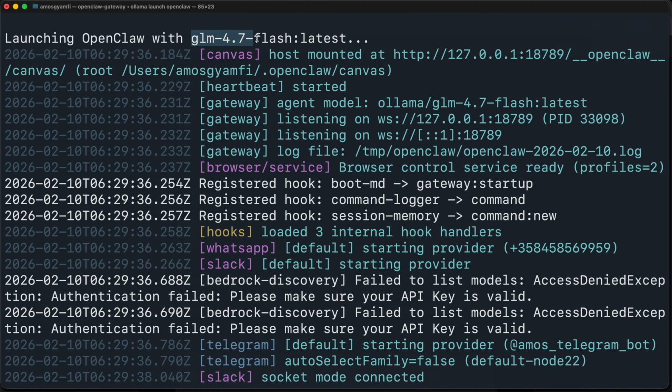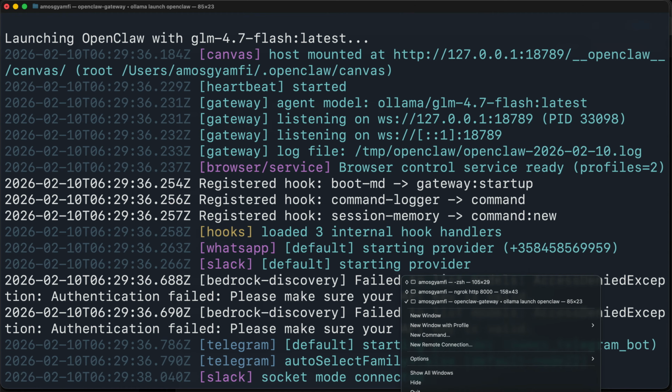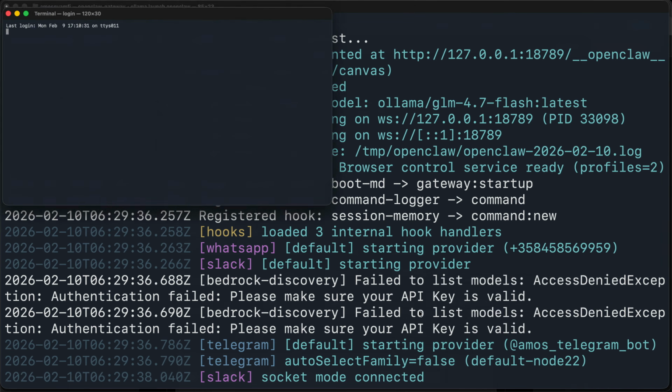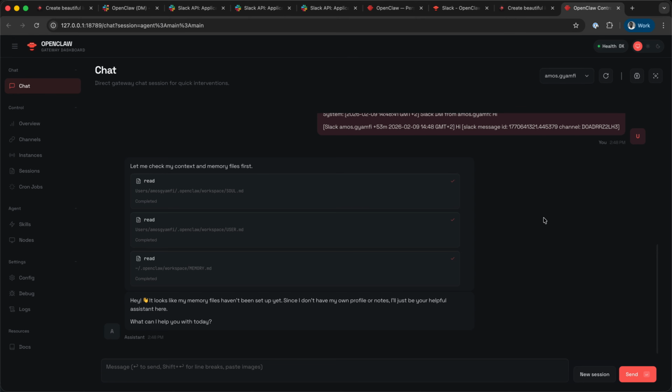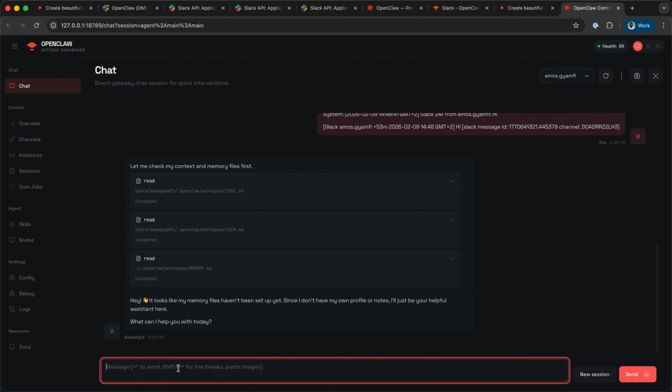You have noticed over here, it is launching the GLM 4.7 Flash model via Ollama. And we can access the OpenClaw web interface with this local URL. I will keep this terminal running and launch a new window. To go to the OpenClaw web interface, we can copy this command and paste it in the terminal. So that launches OpenClaw through the browser, and over here, we can chat with the installed AI model via the